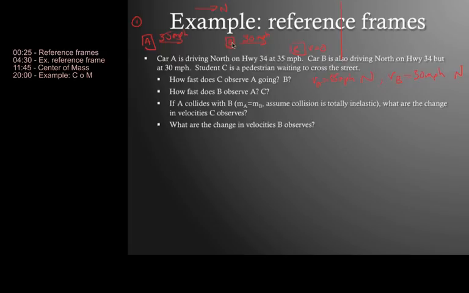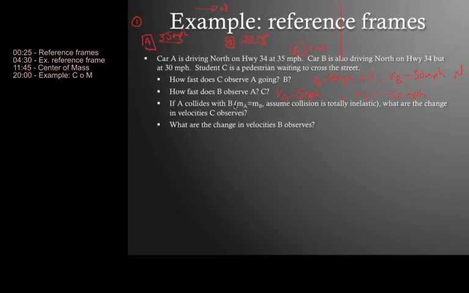If you're in car B and you look in your rearview mirror, you're going to see that car A is catching up with you at 5 miles per hour. Basically, you're just taking the difference of these two velocities. And you're also going to observe C coming at you at minus 30 miles per hour. You're driving down the road, you're going this way. C looks like it's now moving 30 miles an hour towards you, towards the south. That's what this minus represents.